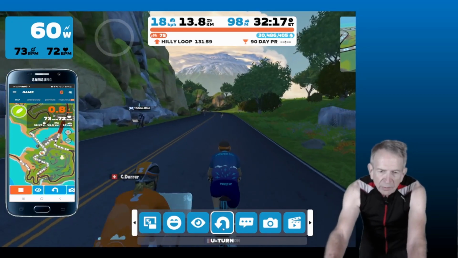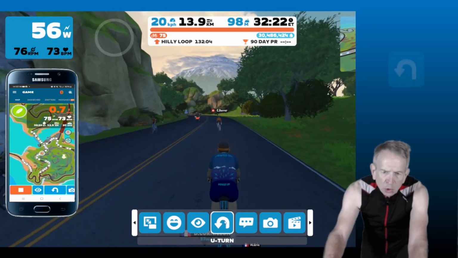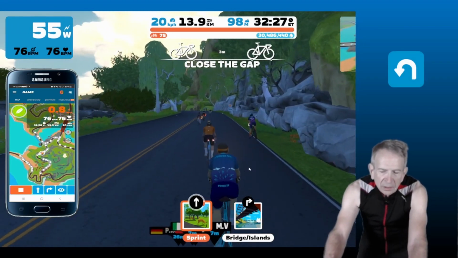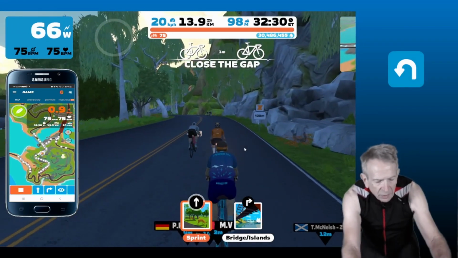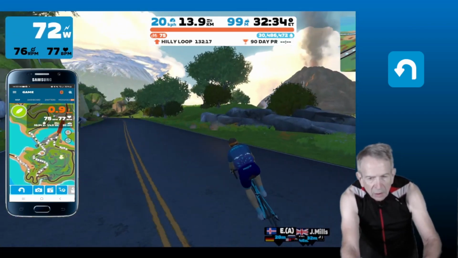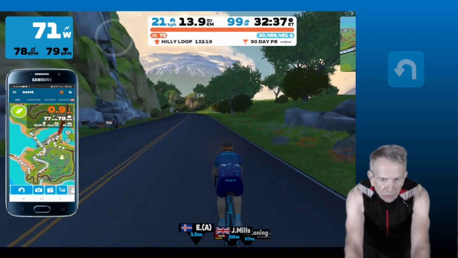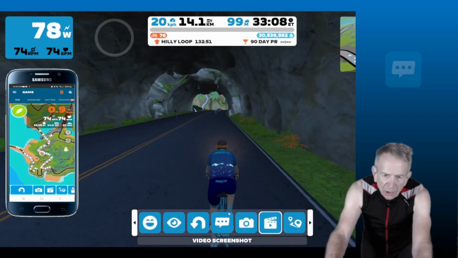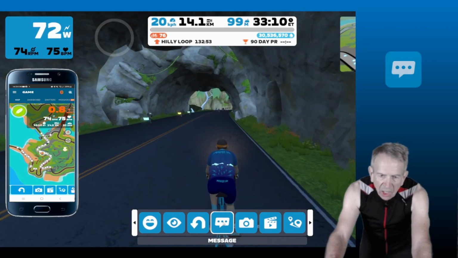If you want to reverse direction, click on the U-turn icon. On the companion app, you have to tap and hold to make a U-turn. On the game screen action bar, you can click on the message icon,